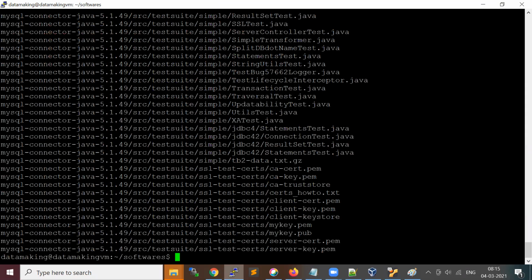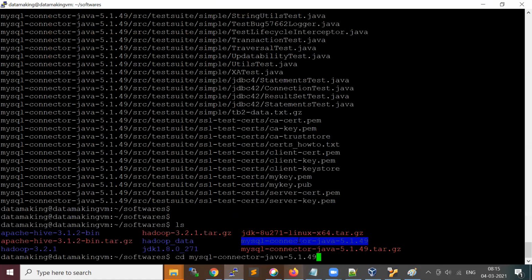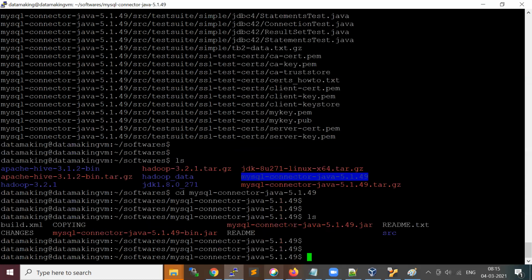If you see here, this is the extracted JDBC driver folder. You can find a file called mysql-connector-java-5.1.49.jar. This is a jar which is used to connect to a database, and I will use it to insert the metadata information into the Metastore database, and to retrieve and save it. It will be useful.